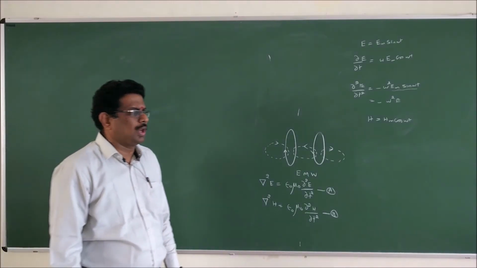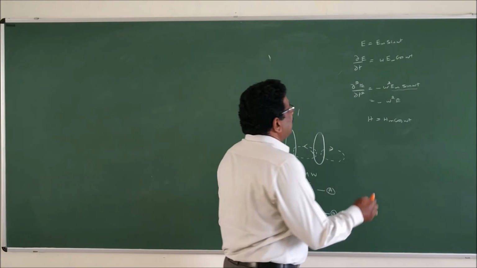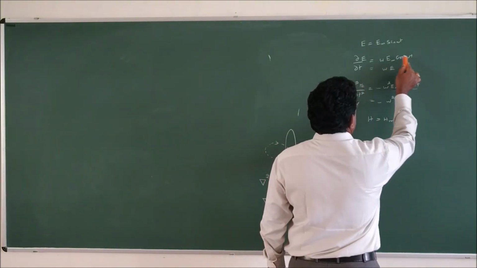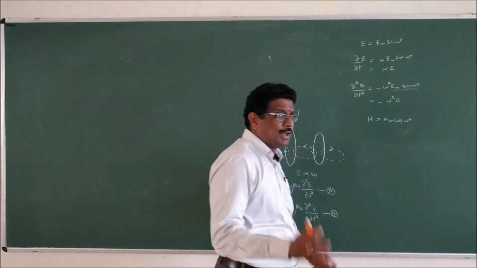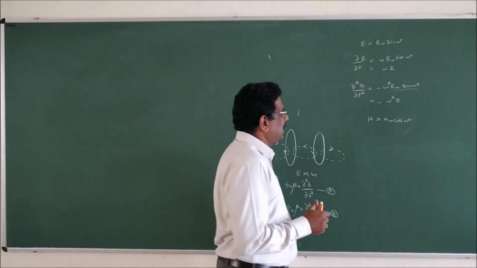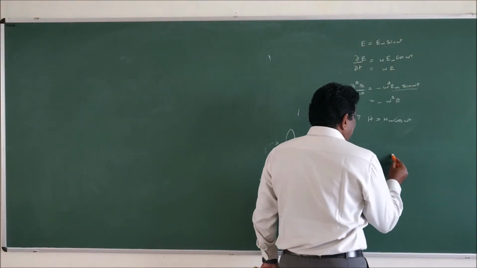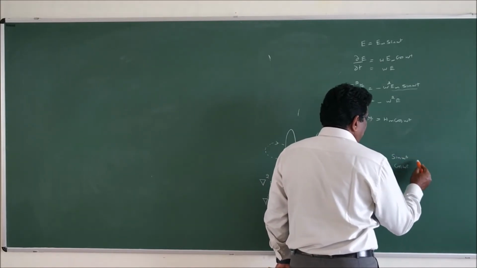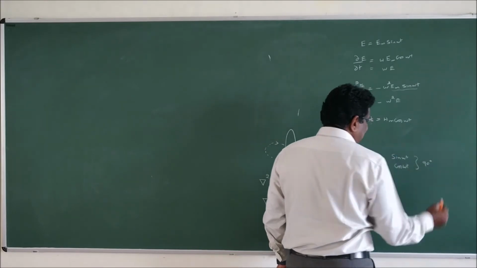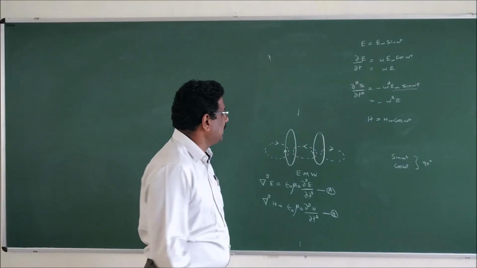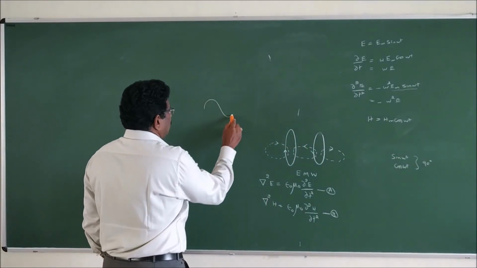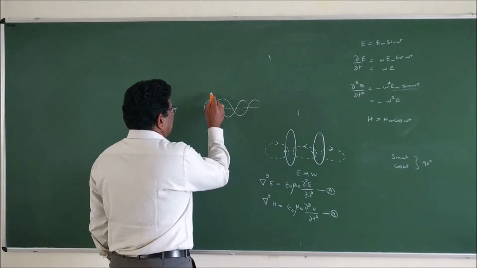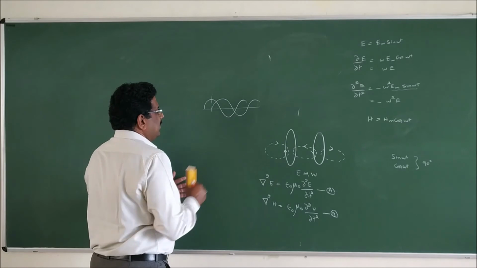That knowledge you should have. Is it possible to write even this in the same way, omega E, because Em cos omega t? No sir, you will say no sir. But just one simple analysis. What is the basic difference between sin omega t and cos omega t? It is nothing but 90 degrees. In case you have a sinusoidal wave here, the cos wave will have a phase shift of 90 degrees.